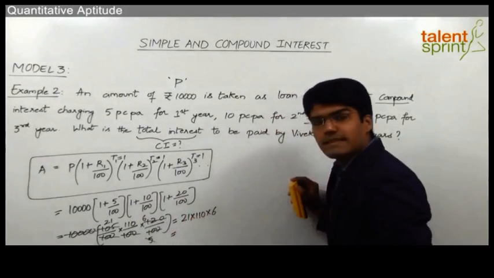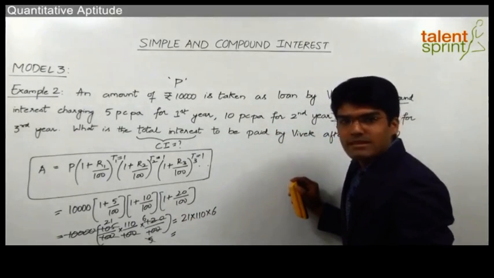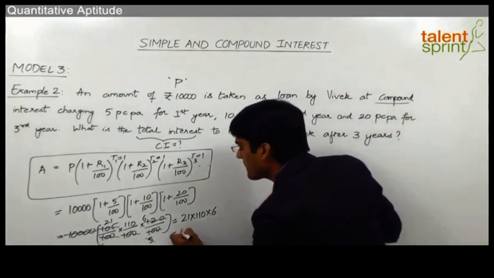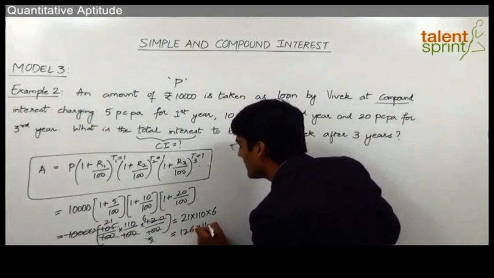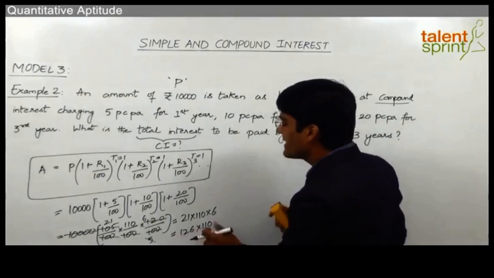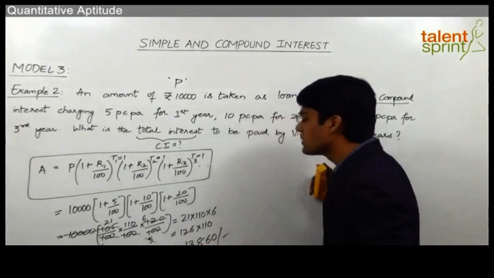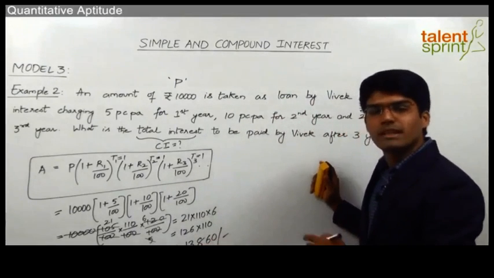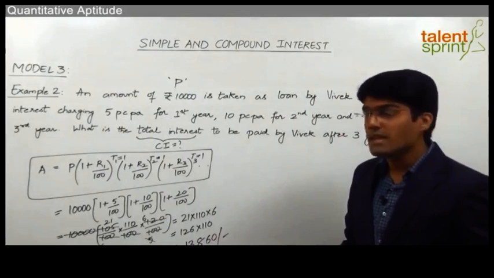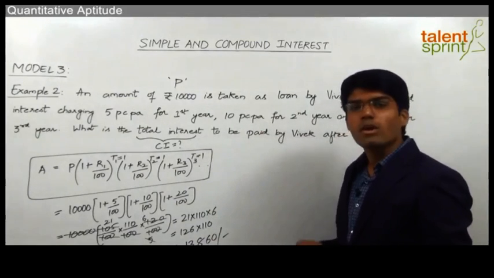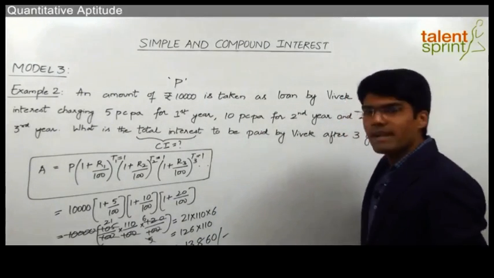21 into 6 is equal to 126. 126 into 110. So by multiplying 126 with 110, we get the answer as 13,860. So we can say that the total amount that has to be paid at the end of 3 years is 13,860. But since the question says what is the total interest that has to be paid after 3 years,